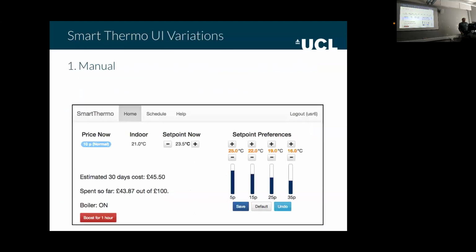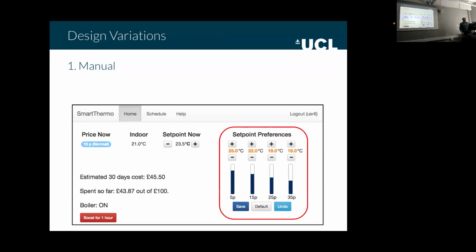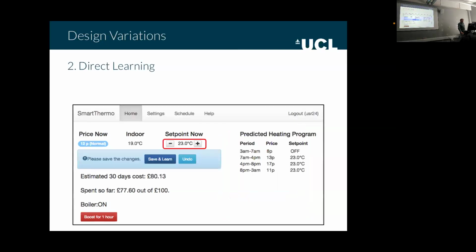We had three versions of the system. The manual version has a set of sliders that users are supposed to use to basically set their trade-off between price and temperature. In the second version, which we call direct learning, instead we use a Bayesian inference algorithm to dynamically learn the preferences. So whenever people press on the plus or minus buttons, the system takes into account the current price and